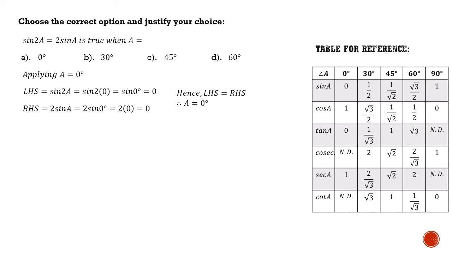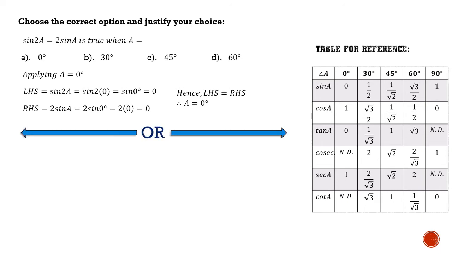Right? Now, if you also know the formula, you will mostly be coming across it later on as we proceed ahead in the chapter: sine 2a is also given by the formula, or it can also be equal to 2 sine a cos a. Now if this is correct, then we shall be able to solve the above question with the help of this formula as well. Let's see how we can solve this.